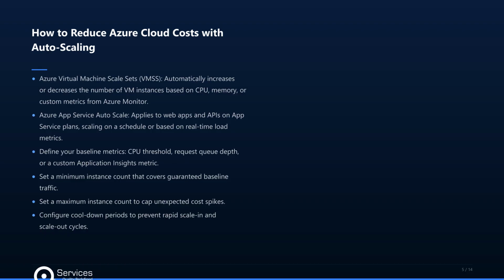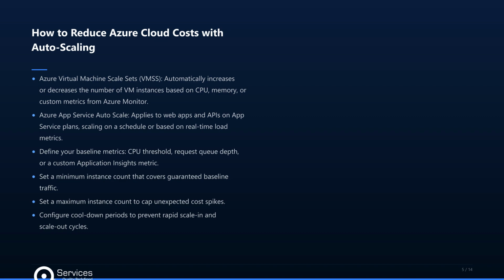Azure Virtual Machine Scale Sets, VMSS, automatically increases or decreases the number of VM instances based on CPU, memory, or custom metrics from Azure Monitor. Azure App Service Autoscale applies to web apps and APIs on app service plans, scaling on a schedule or based on real-time load metrics. A practical example: an e-commerce SMB with heavy daytime traffic and minimal overnight activity can configure